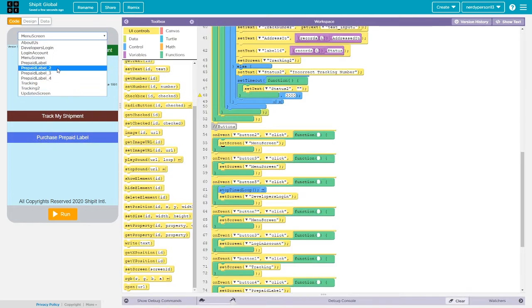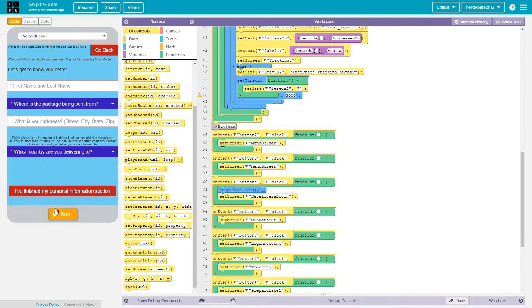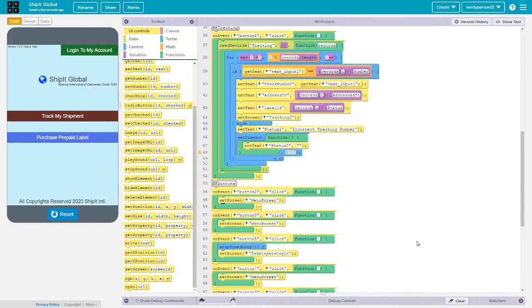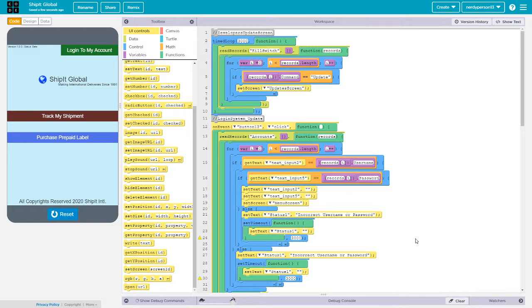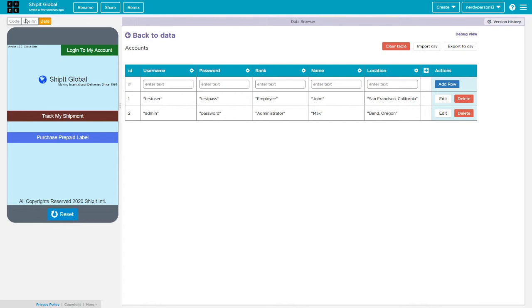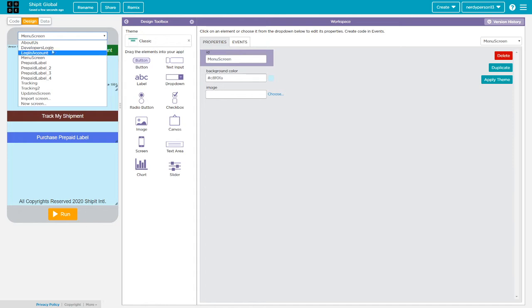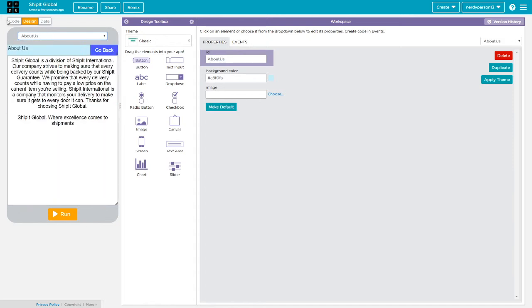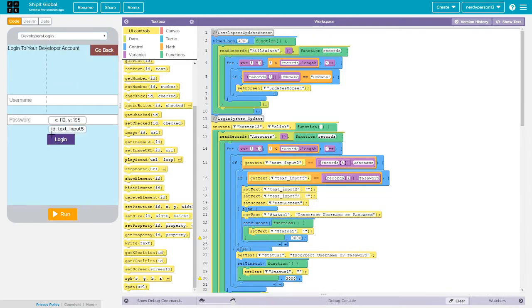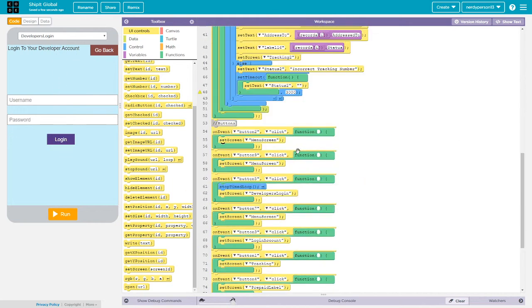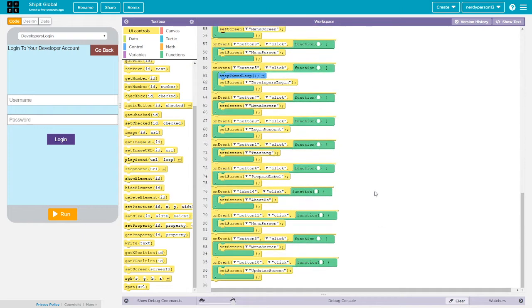Most likely we'll finish the prepaid label section. I thought we finished that section. Or actually, wait, the username and password should be working. But I don't understand. Accounts. And then text input 2, that's developers. I'm guessing that's for the developer section. Oh yeah, that is. Okay. Alright, so we have the developers and tracking with the buttons. Okay, so